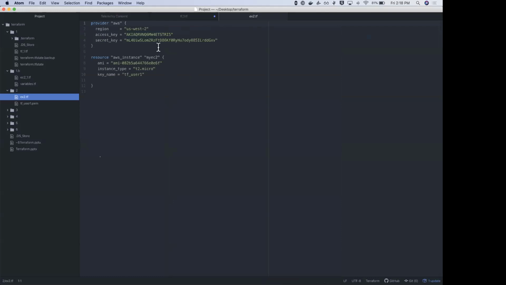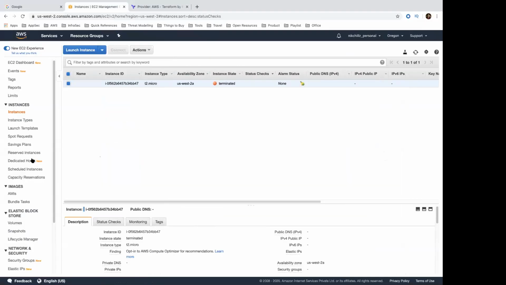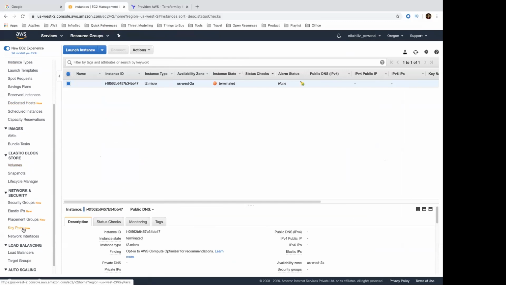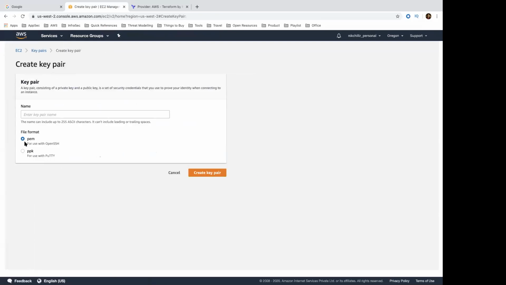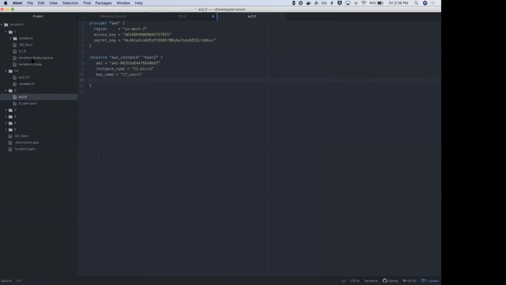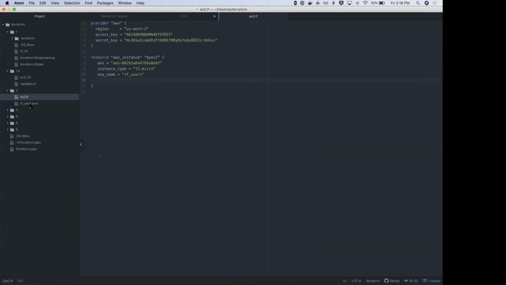This again allows you to create a new EC2 instance, but this time we are using a key name, a PEM file, to use later on to get into the instance. You can easily create that by going to the key pairs here. You can create a new key pair and then download that particular PEM file or the PPK file and use that. For that I've taken the PEM file and copied it here in the same directory.